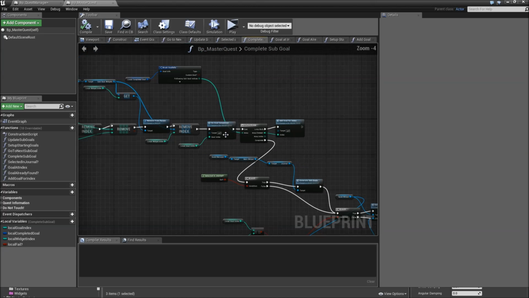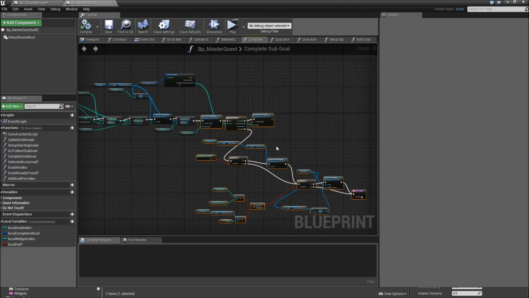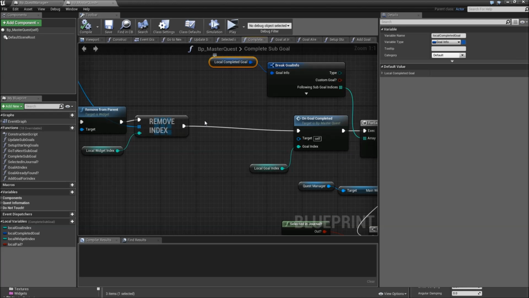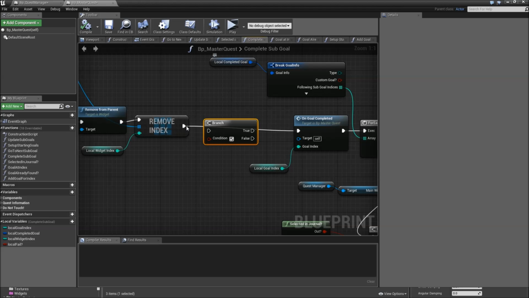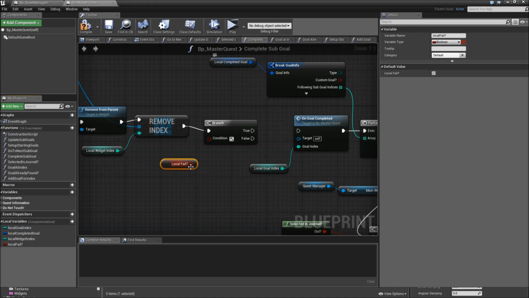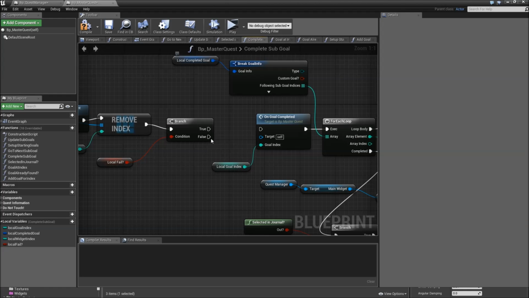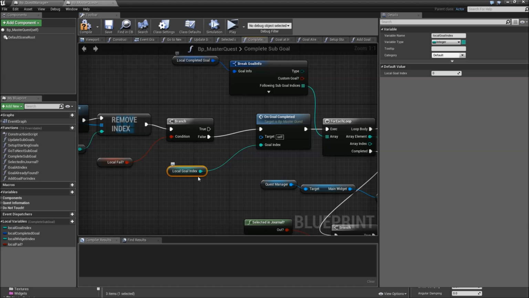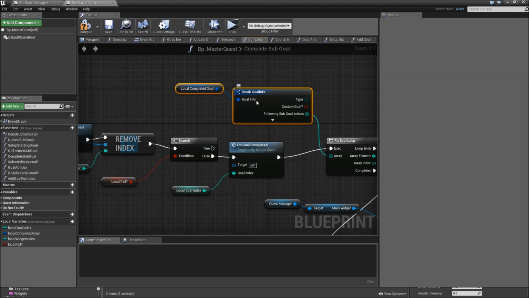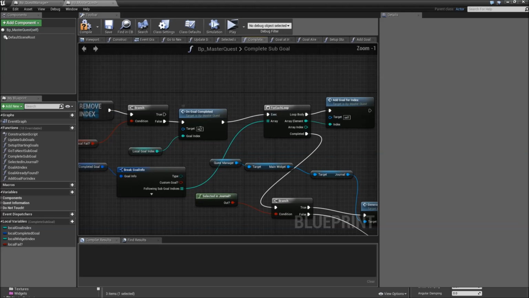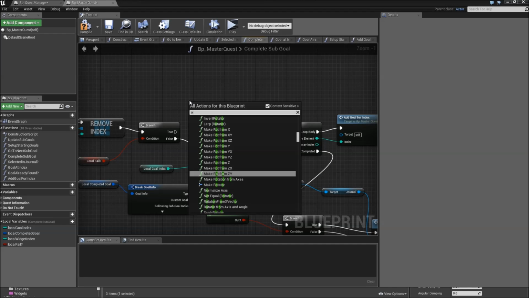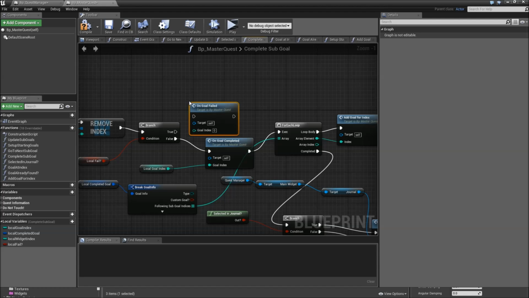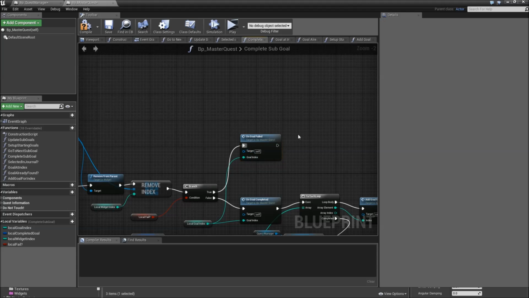Here, before we call onGoal completed, let's move all of that over, and we will add a branch by holding B and left clicking. We will check for local fail. If it's false, we will call onGoal completed and go into the for each loop afterwards. So also move that down here. But if it's true, we will instead call onGoal failed, connect the local goal index, connect that to the true. So if local fail is true, we will call onGoal failed,